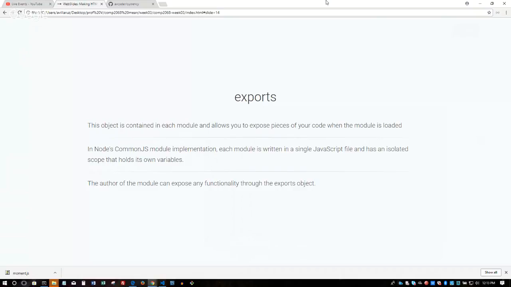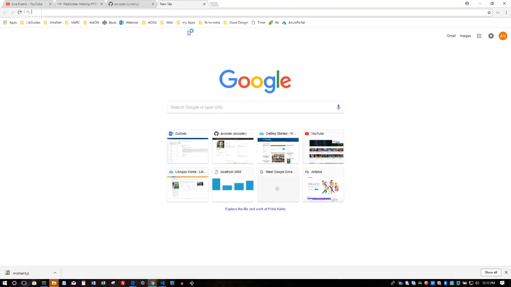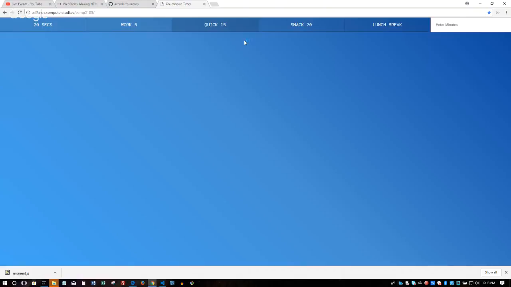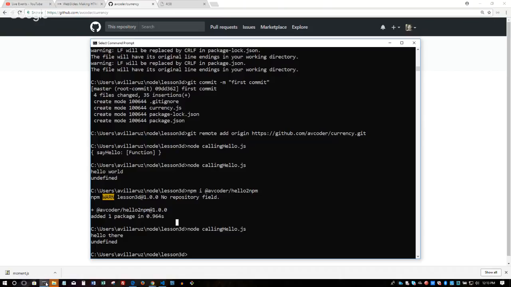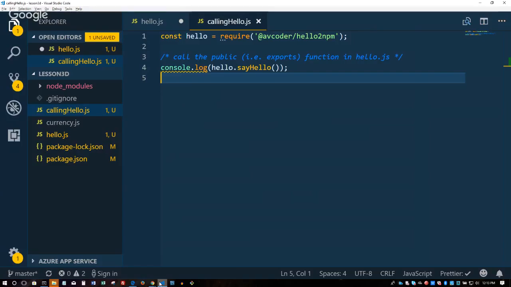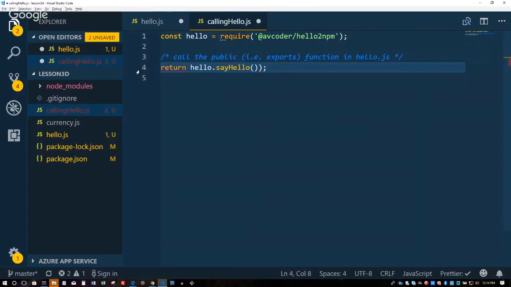I have a question. Yeah. When you run your module, there's like a magic undefined that pops up every time. Oh, yeah. Is that because you are trying to console log a function that already has a console log statement in it? No, I was just thinking about that. What's happening is the reason it's coming undefined is because I'm not returning a value. It's expecting a return value because I'm calling a function. A function is supposed to return a value. But if you look at my code, I never actually return a value. I just say console log. So to get rid of that undefined, I could say return.